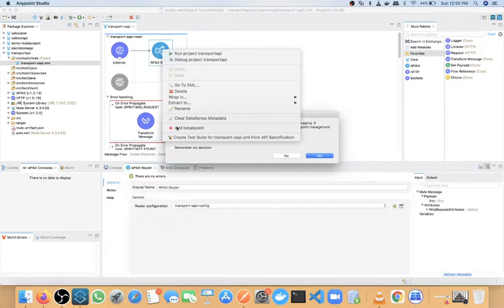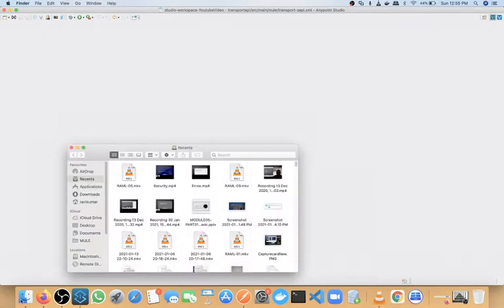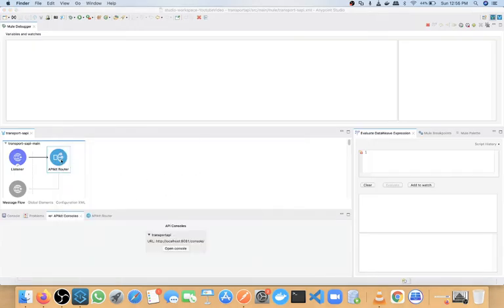Once I call my API, processing will reach this point and will stop here.